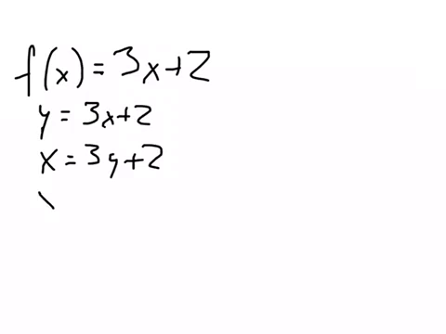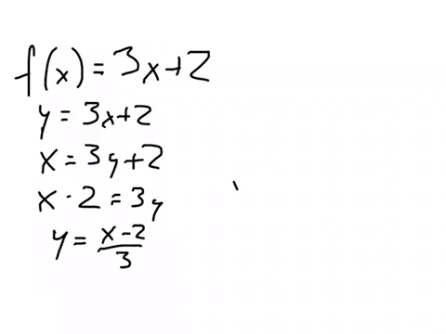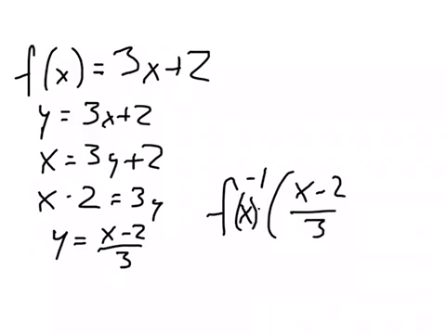So I'm going to subtract my 2 over and then divide by 3. So y is going to be equal to x minus 2 over 3. And that's what my inverse function is. My inverse function, f inverse of x is equal to x minus 2 over 3. There's my inverse function. If we do a little bit more complicated example, let's take a function to be equal to